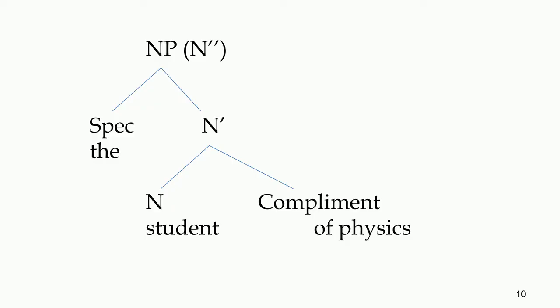Three important parts of an NP is a specifier, which is written here in short as spec. Please take a note of this. This is the short form of specifier. Specifiers are the elements which describe nouns, like the, which tells us more information about nouns. Then we see the branching, it branches in two parts.